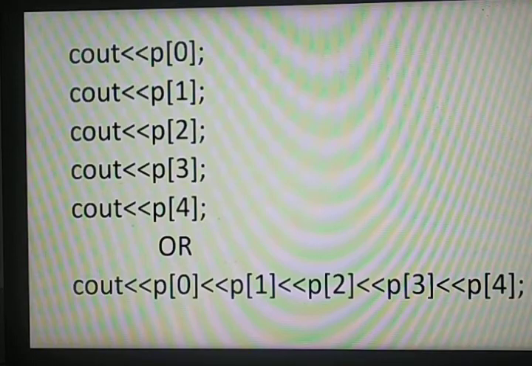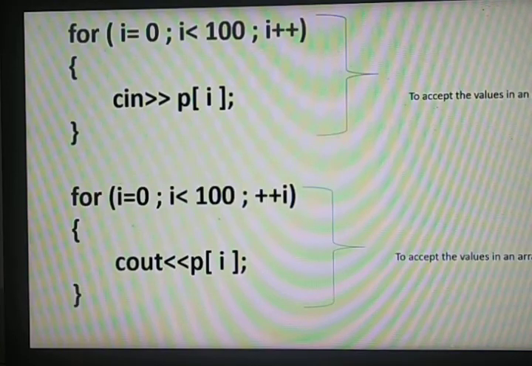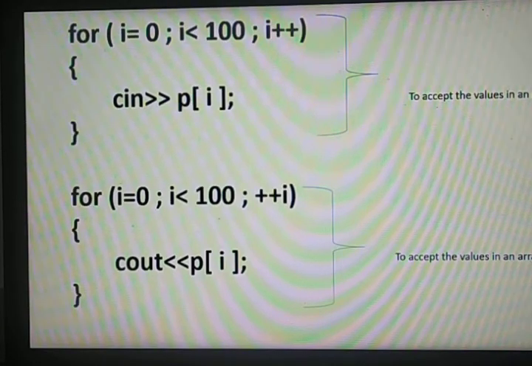For accepting a number of values and for displaying array values, you can use a for loop. Now let us check how we can use it. Here we are going to use a for loop for accepting and displaying the array values. So you have to use 2 different looping statements for accepting and displaying. Instead of specifying the index value, can you see it over here? Here I have given I there.